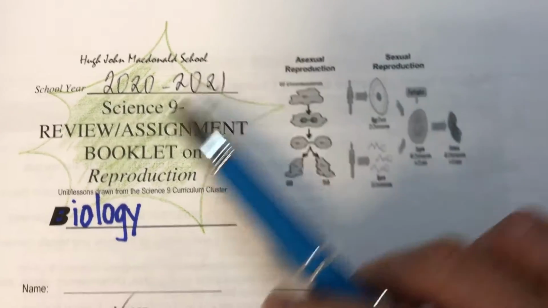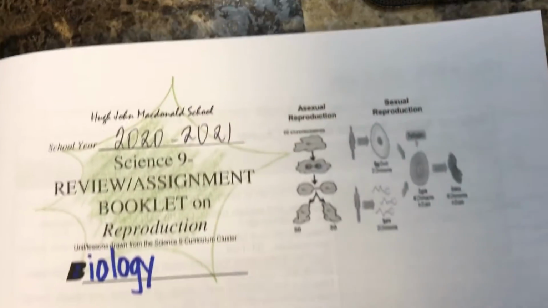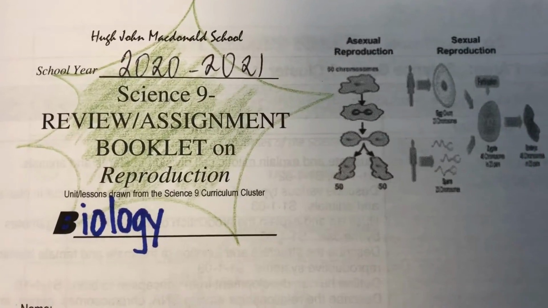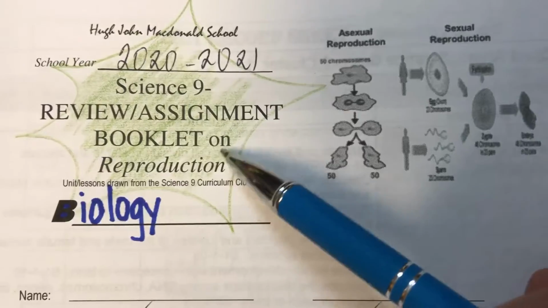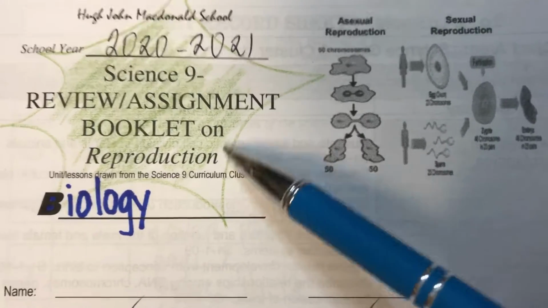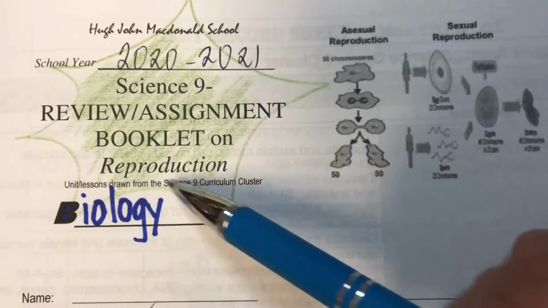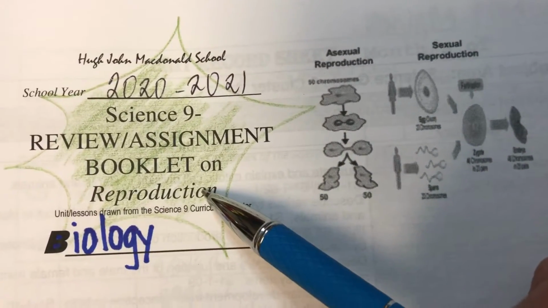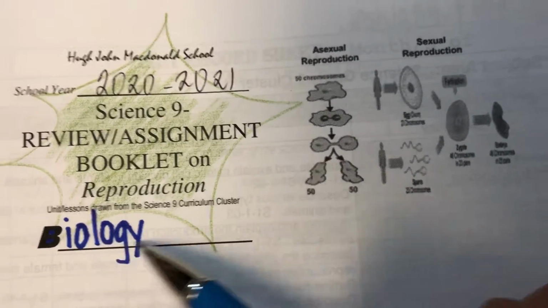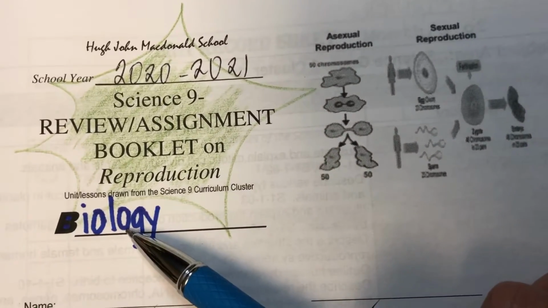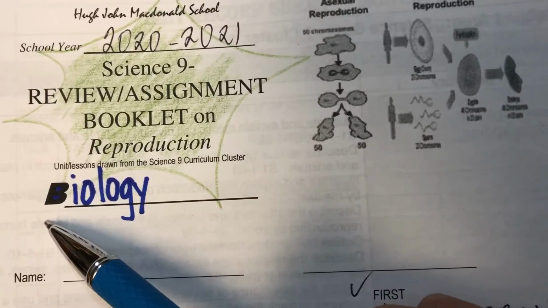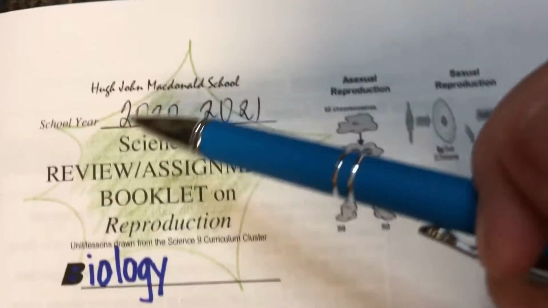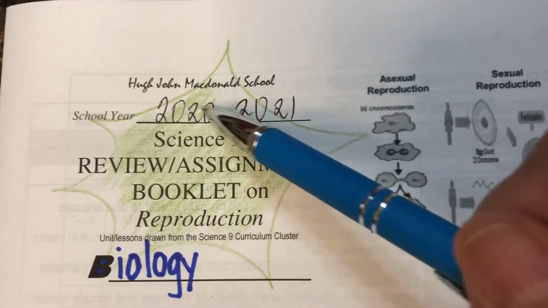So, we make use of your homework package, which is nothing but the science booklet. And it is now on our new unit on reproduction. But there is another word that can describe it, right? Reproduction, or it is the science of biology. So write this down, complete it. You have the B there, add the rest of the letters. And of course, on school year, write down